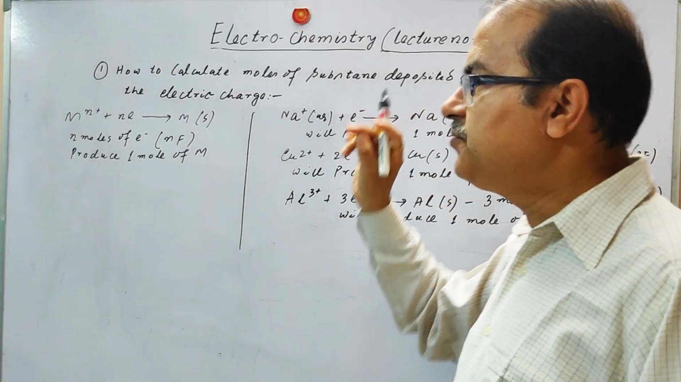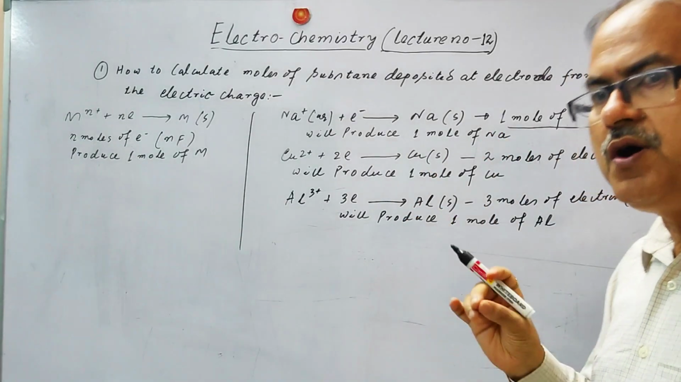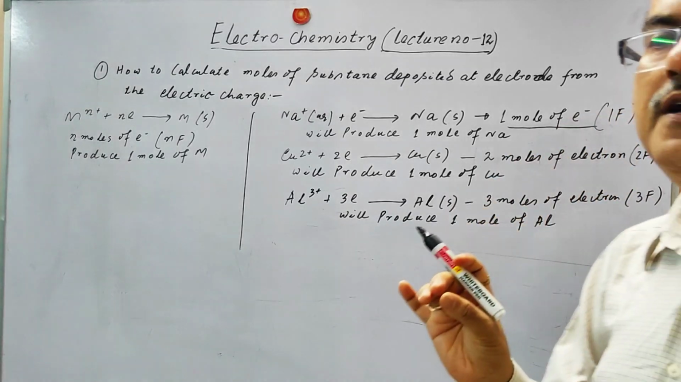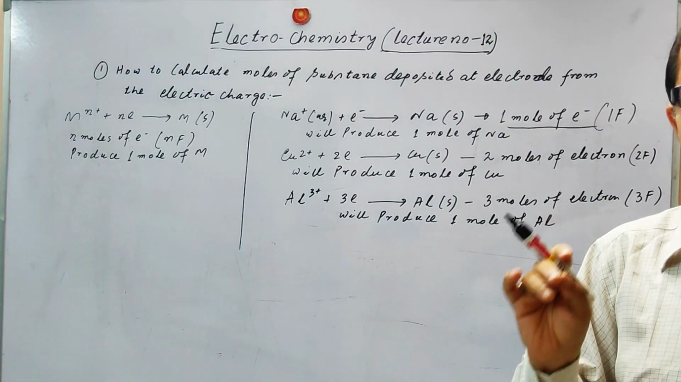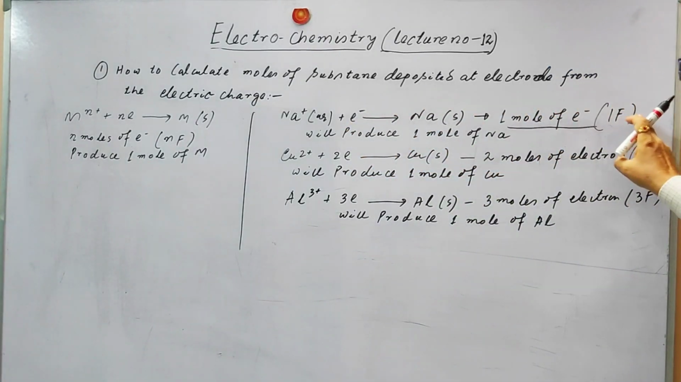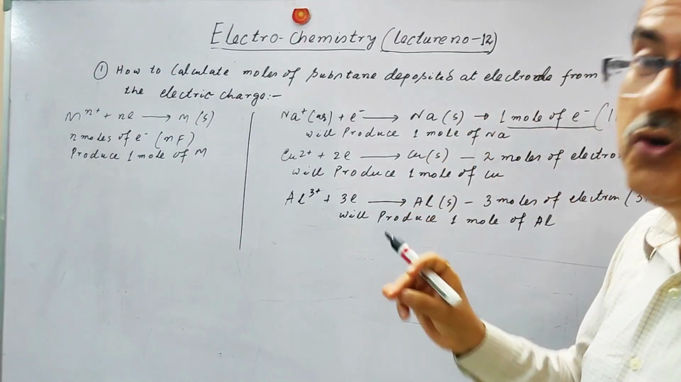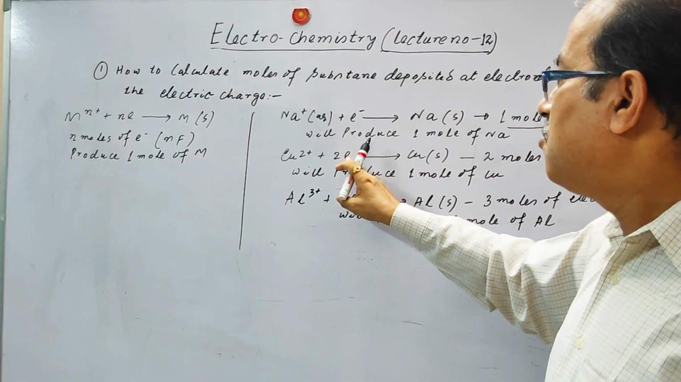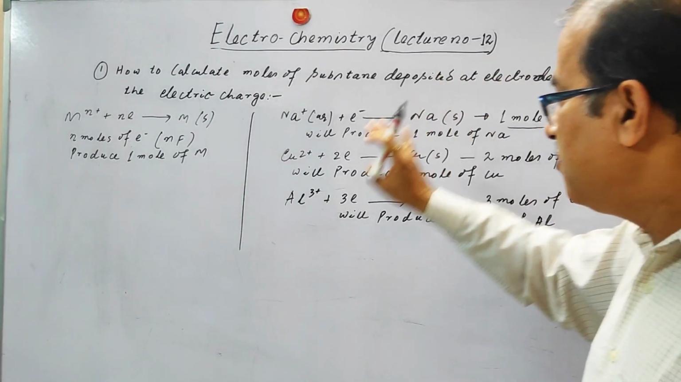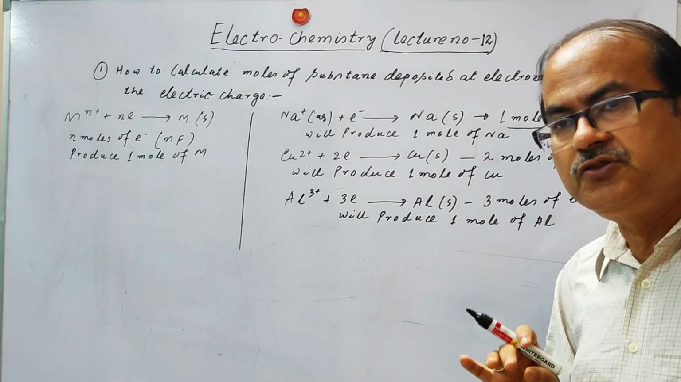So from this we can understand that for producing 1 mole, we require electric charge according to the number of electrons transferred. 1 electron is transferred per atom, so for 1 mole it will be 1 mole of electrons for sodium. For copper, 2 moles of electrons are required. For aluminium, 3 moles of electrons are required. This knowledge is very helpful